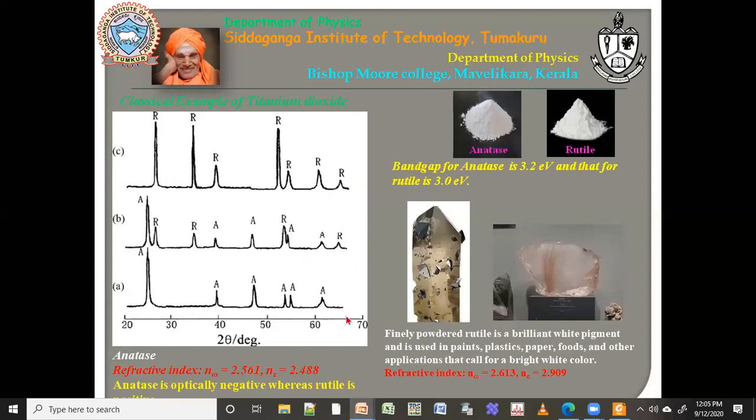Okay, this is irreversible. Irreversible means I cannot come back from rutile to anatase. So if you are interested in anatase, you are going to lose the anatase phase, so you won't get this anatase phase. That is the reason why you need this X-ray diffraction, to know the phase purity. This is phase purity.